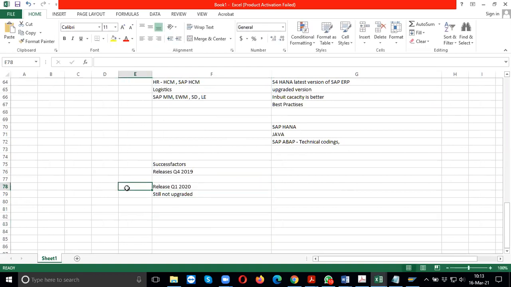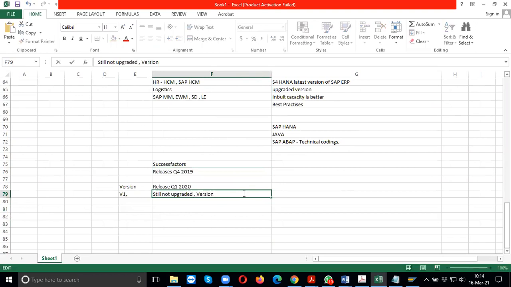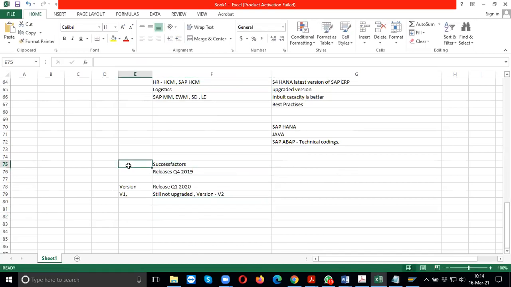If you look at the version, V1 was 2019 and this one is version V2. No, no, this was the last release. This is the latest release.